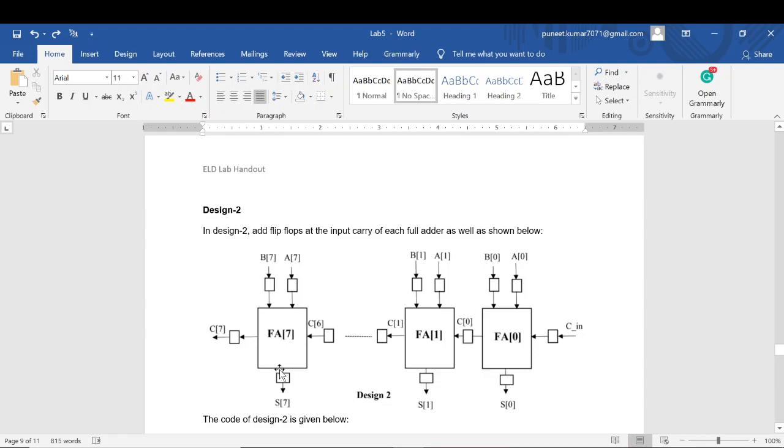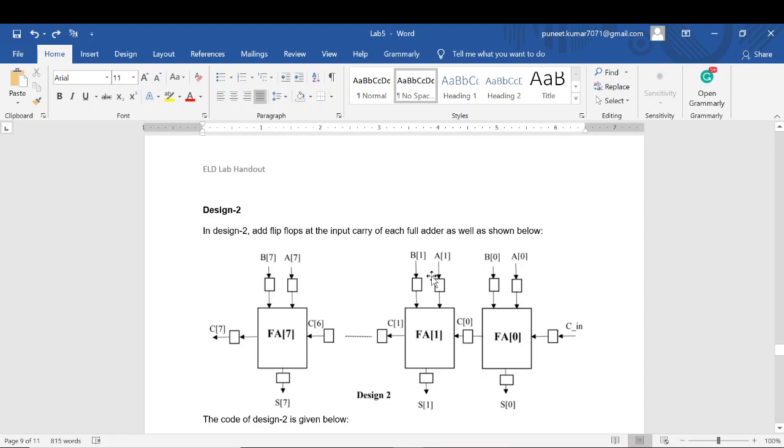So 2 clock cycles are needed in this kind of pipelining design, but in our current test bench, at the next clock cycle, we are changing the value of A and B. Due to this, my answer is coming out to be incorrect. According to the current design, the input should remain as it is for the 2 clock cycles.